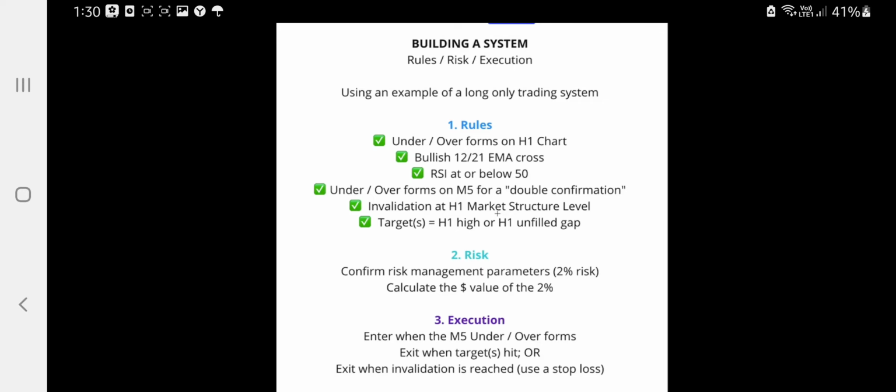So, to that end, I'm going to use an example of a long-only trading system to show you how you can build a system. I'm not telling you that this is the system of Scalpers University. Please do not believe that. This is not even the system that I use myself, so don't think that it's my system. It's certainly not my current best system. I certainly wouldn't share that here. As you know, once you guys build systems of your own, you'll understand why.